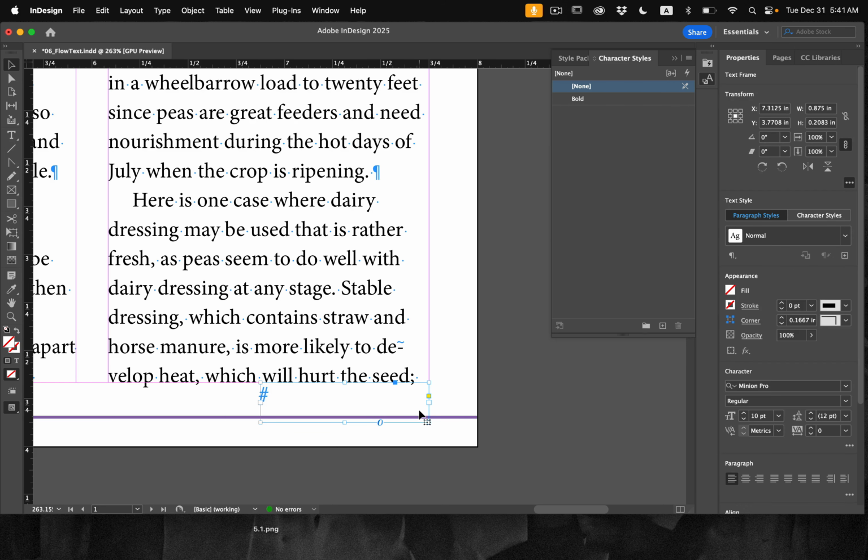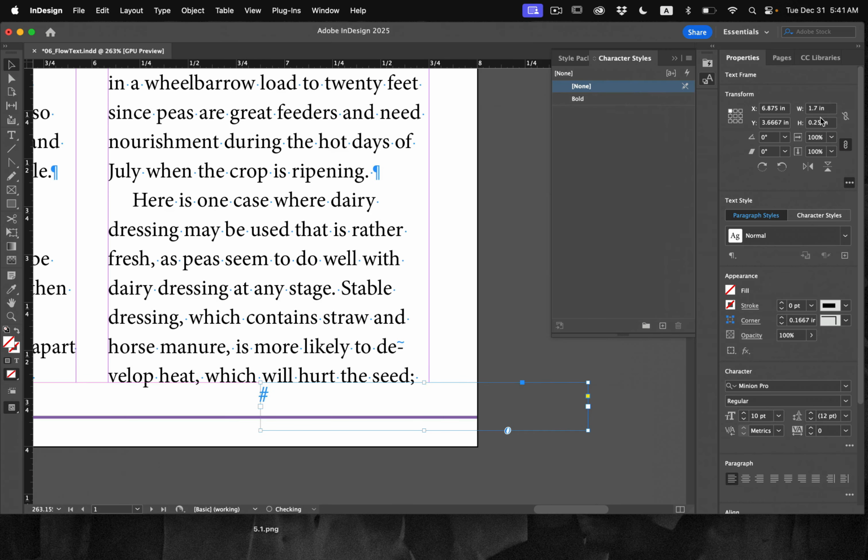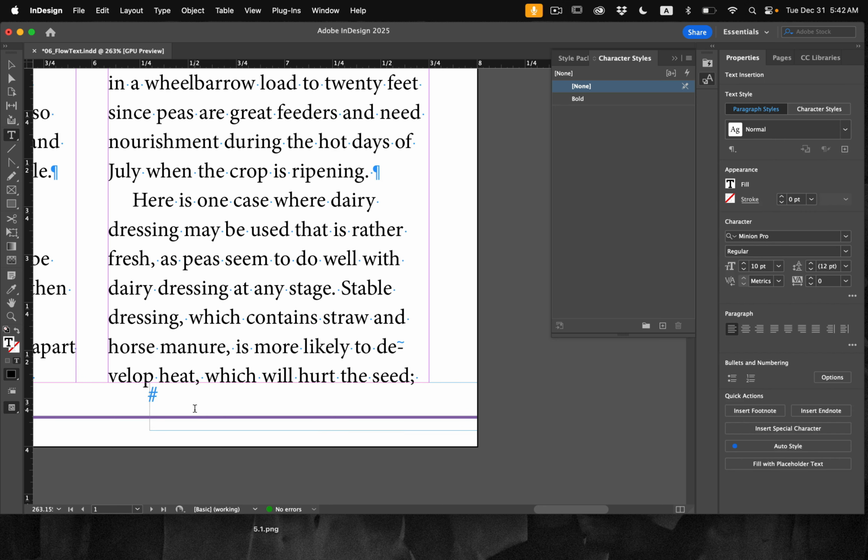We want this text box to be about 1.7 inches wide, so going over to my Transform properties, make sure you're transforming it from the top left-hand side, 1.7, and then 0.25 for the height. We'll hit return. If necessary, you can drag it over and have it fit nicely down here at the very bottom. Using my type tool, I'm going to click inside of it, and let's type P's continued